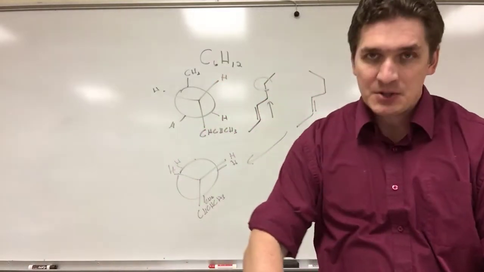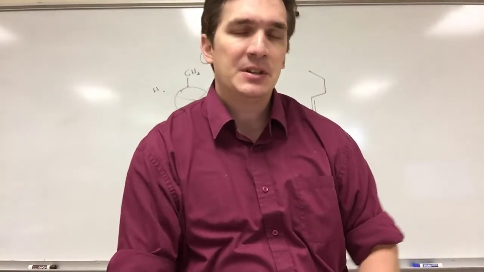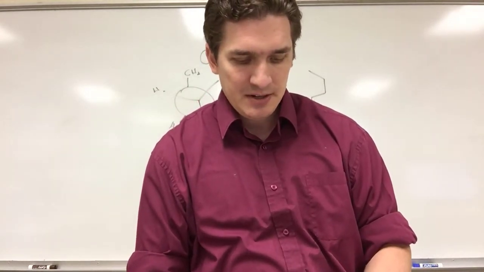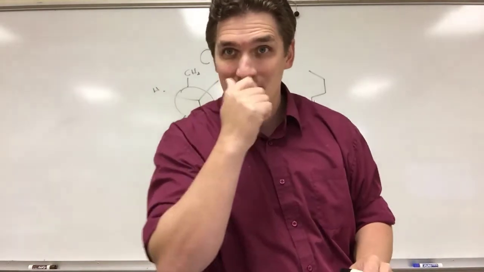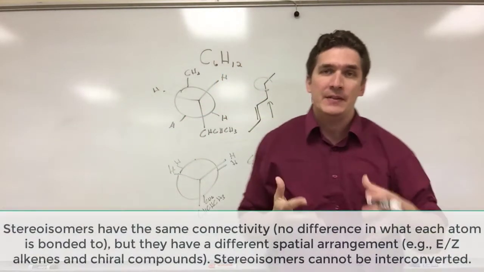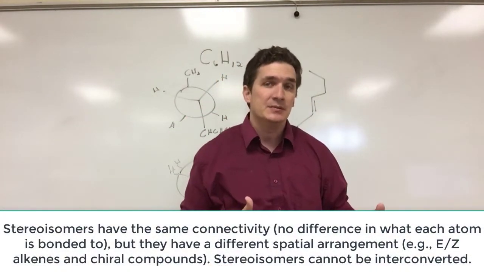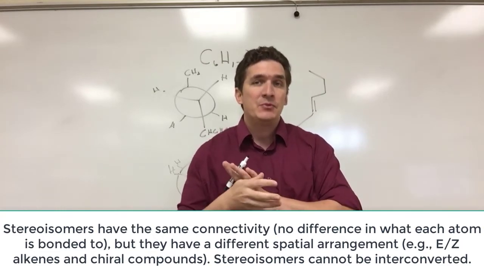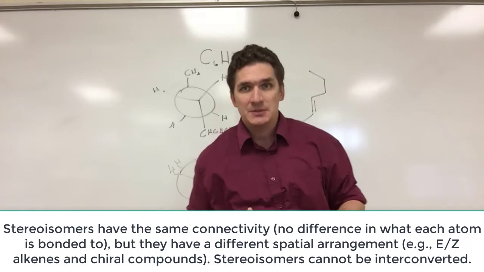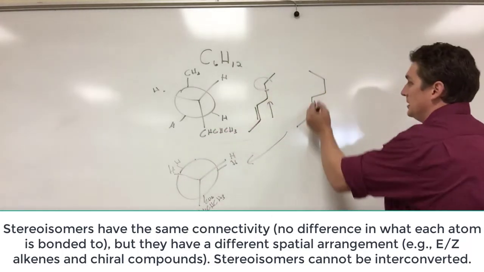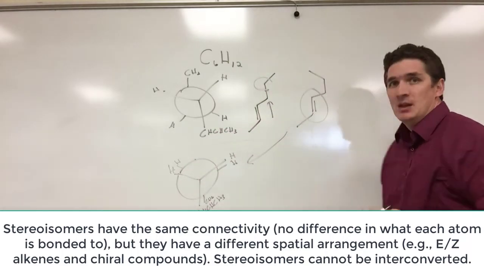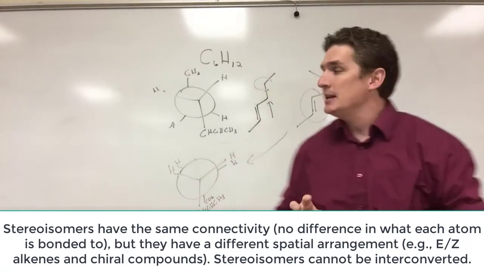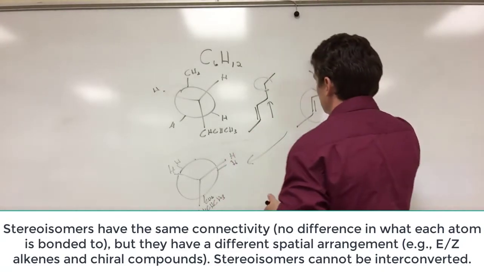Now, there are also what are called stereoisomers. And stereoisomers are a bit more complicated. Stereoisomers have the same connectivity, meaning that if we were to write out how these atoms were connected, we wouldn't be able to tell the difference. They do have a different spatial arrangement though, and there's two ways we can get these spatial arrangements. The easiest one in this figure here is our double bonds. We don't get rotation along a double bond, and because of this, we can't convert, let's say,